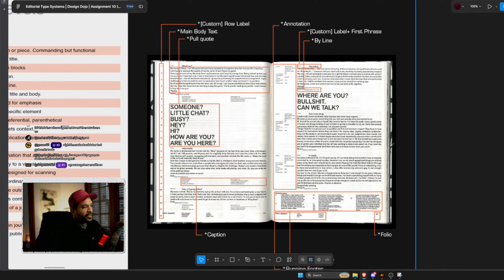So this is the most clear way in which I can show a hierarchy, right? The different parts that would compose your typographic system: you have your titles, your main body text, your pull quotes, and however you want to place them on the hierarchy spectrum, that's a hierarchy, right?